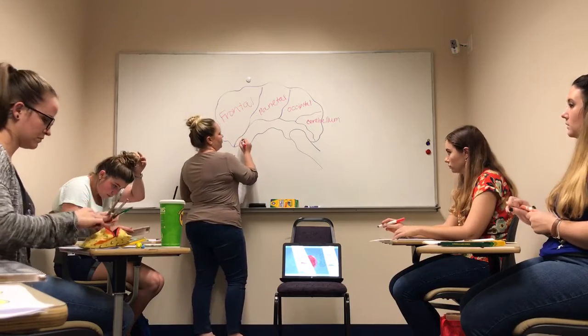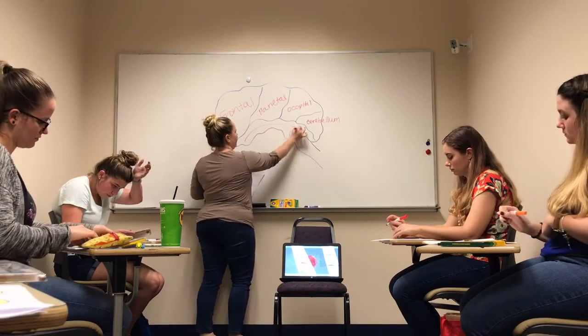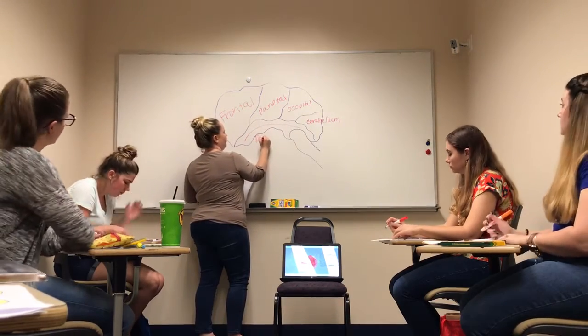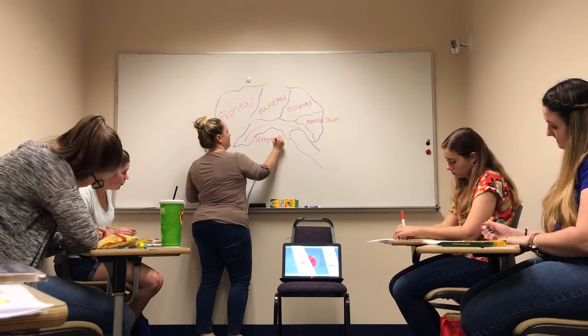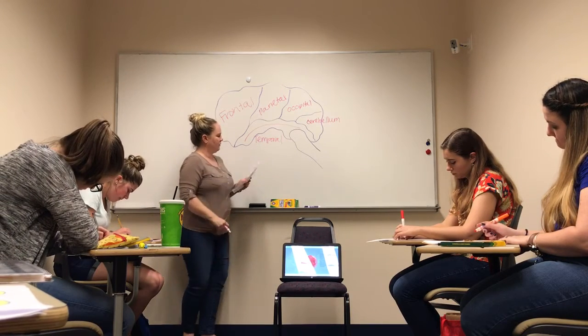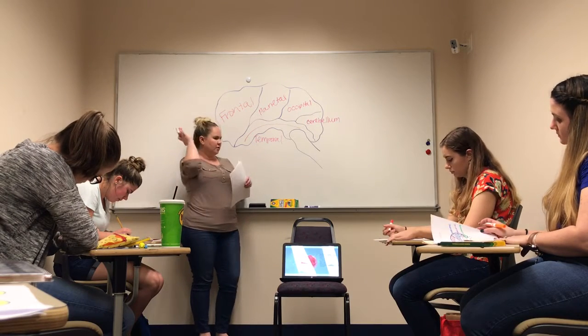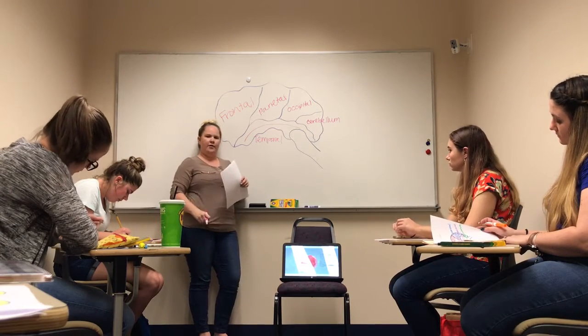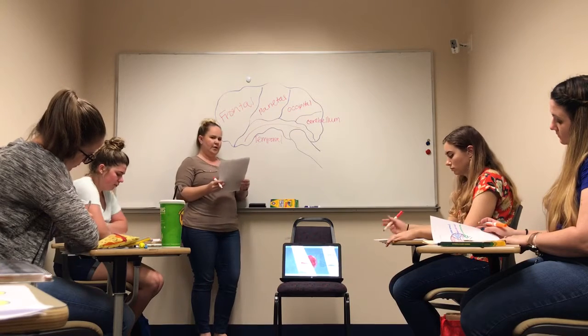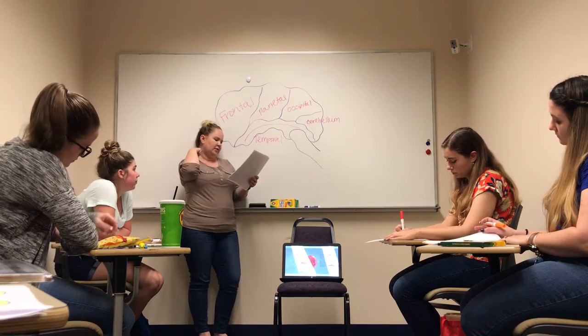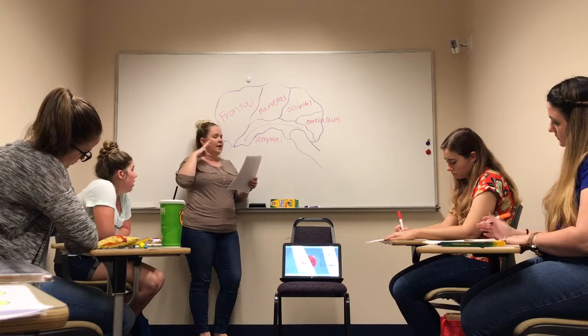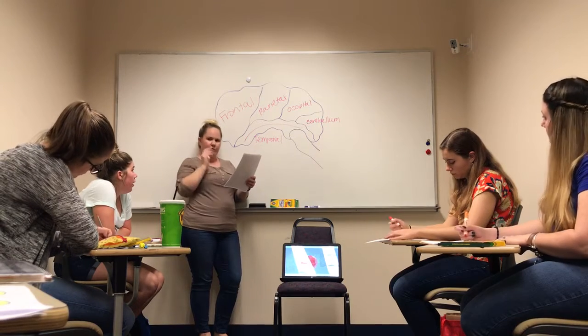And I didn't draw it very well, but this area right here is your temporal lobe, right above your ears. So your temporal lobe, if you can imagine, since it's right above your ears, is for your hearing center. So everything that you hear through your ears, and actually some of the stuff that you speak comes through your